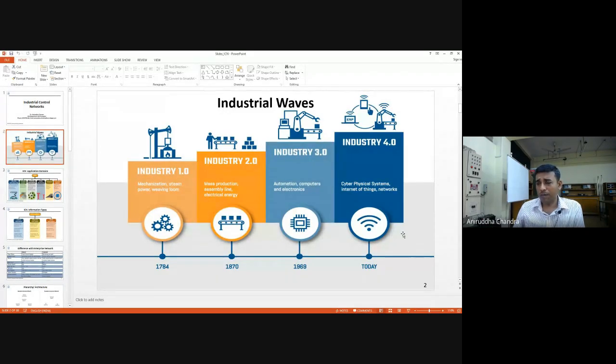And they helped in a lot of modernization of machines. It was possible to generate power at one place and use it at a different place, which was not the case in Industry 1.0. In Industry 1.0, you have to generate the power where the machine is, but Industry 2.0 helped to separate the power production units from the factories.